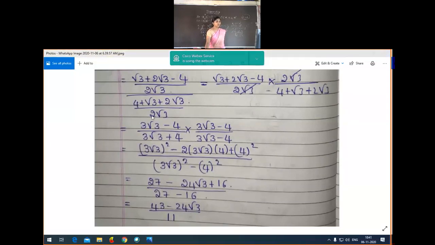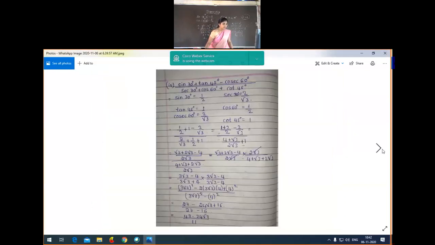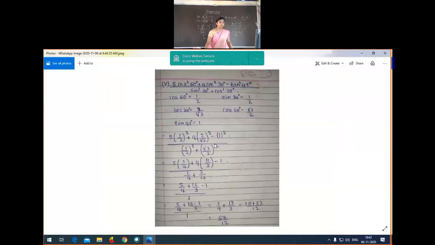I'm not going to give the detailed explanation for rationalizing the denominator, because this is an already learned topic. In 9th standard you all know how to solve this type of problem, that's why I'm just explaining. If you are having any problem in rationalizing the denominator, then you have to ask personally. Is that clear? Yes. So now we'll go to the 5th question.